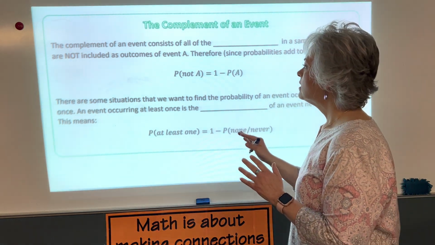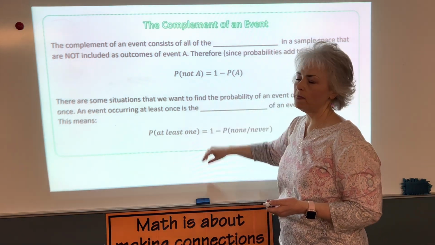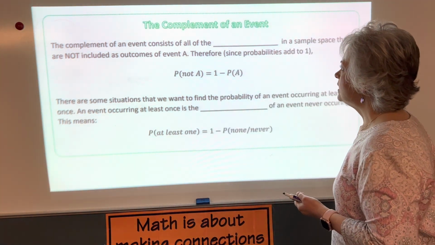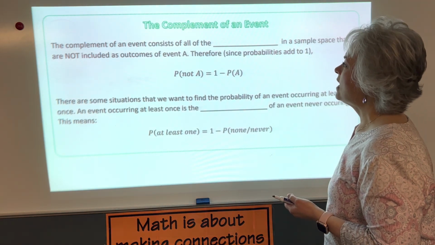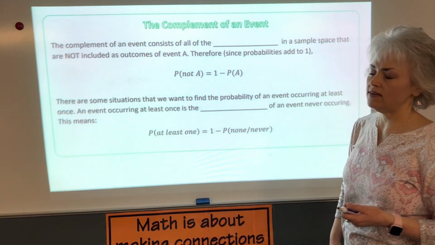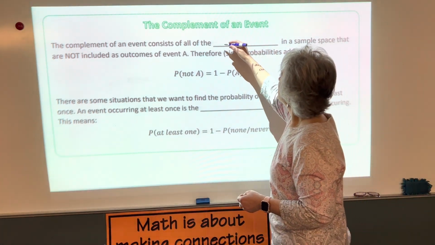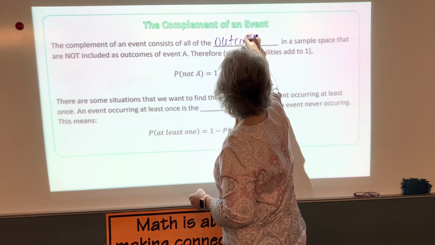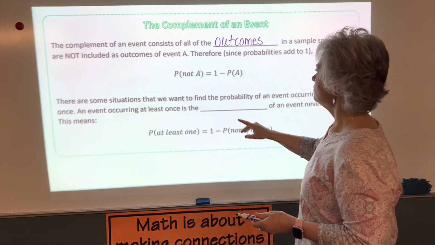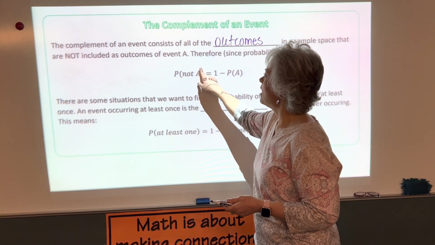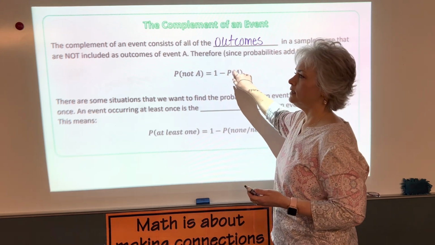There's 2 different kinds here. We're going to be focusing on this kind, but we'll get this blank filled in too. All right. So the complement of an event consists of all the outcomes in a sample space that are not included as outcomes of the event. All right, so all of the outcomes. Okay, so the probability of it not being the event is the whole probability, which is 1,